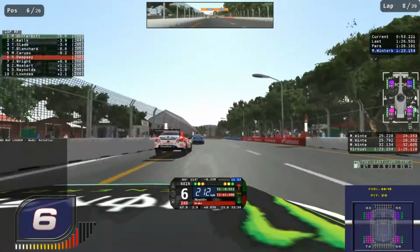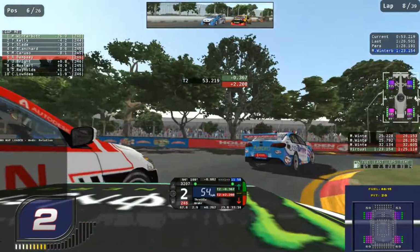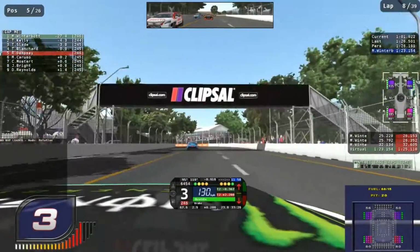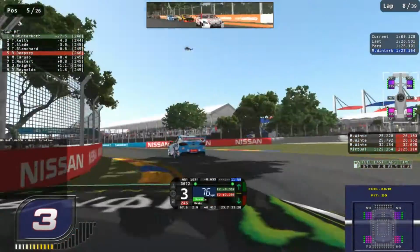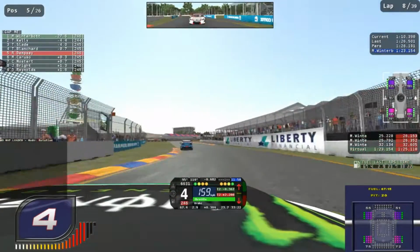Now braking hard, just come off the brakes a tad, put my car on the inside, a little bit of contact on the exit, and there we go. We've got past Caruso, a little bit of contact on the exit, but nothing too dramatic. Now we've got Blanchard to deal with. We need to get in front of him